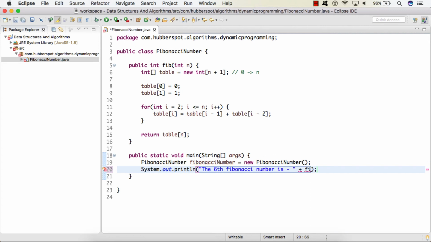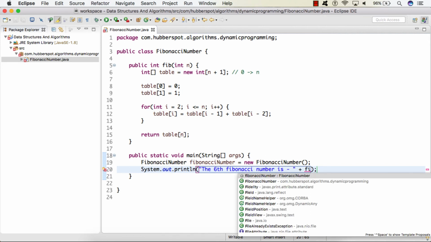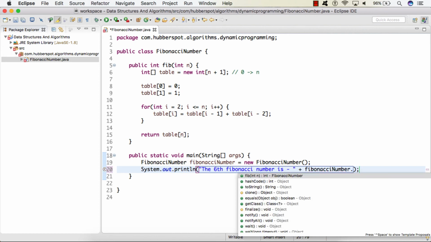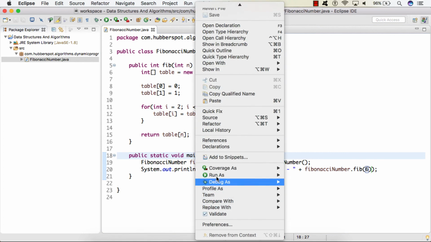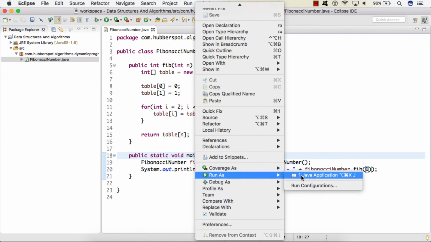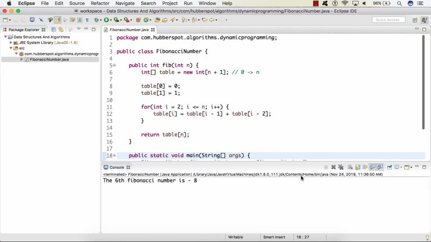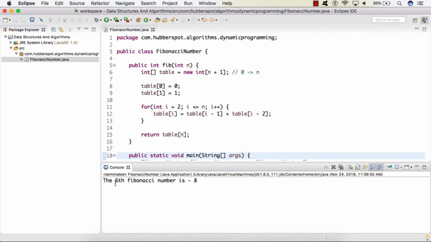We simply call the method fib and we'll pass the value 6. And now we'll simply run the program. So here you can see the 6th Fibonacci number is 8.